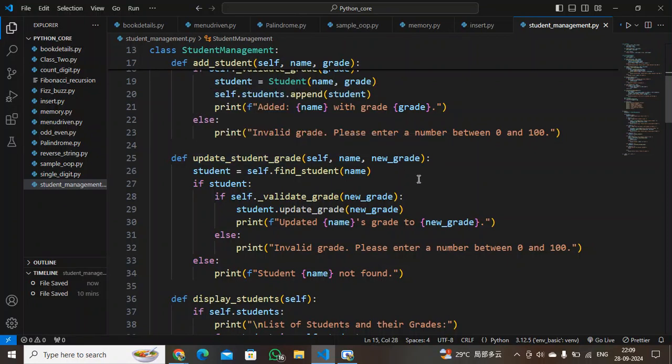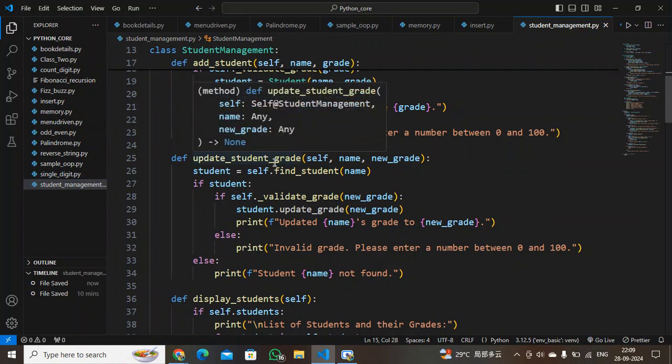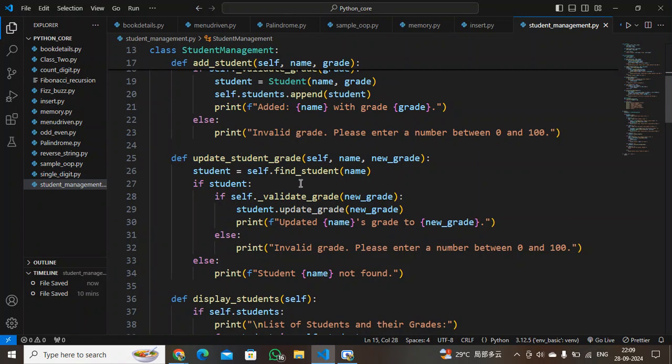Upon calling the function, what are we doing? We are calling the find student function. So where is this find student? Because when the user calls update student grade, it will check whether the student whose name the user has given exists in the list or not.